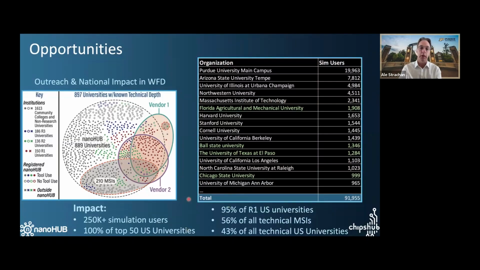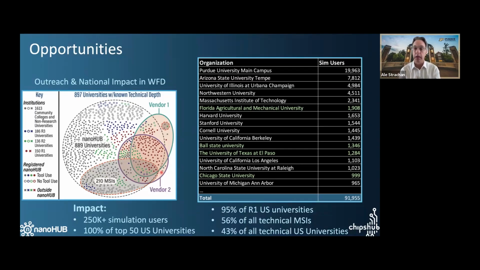And this is important because when you compare our reach with the type of access that, for example, EDA vendors have, these are 2 examples of very leading EDA software vendors, they have licenses in about 200 universities. So everyone else, most of them being community colleges, R3 universities, currently don't have access to these tools. nanoHUB can actually provide access to them